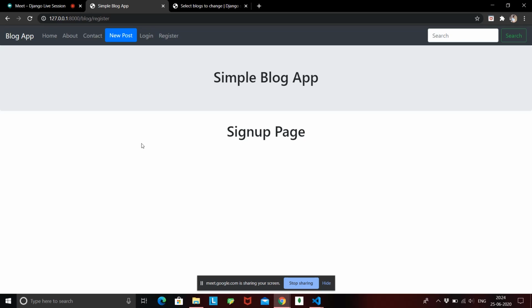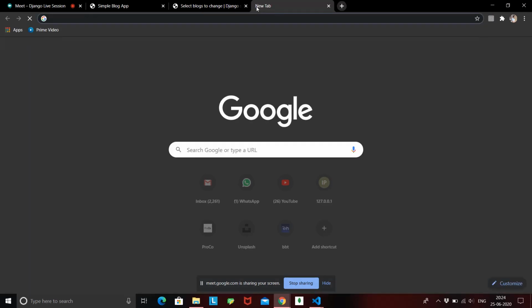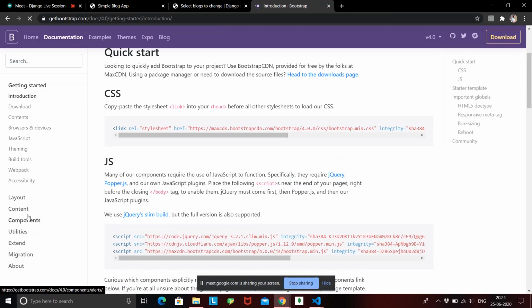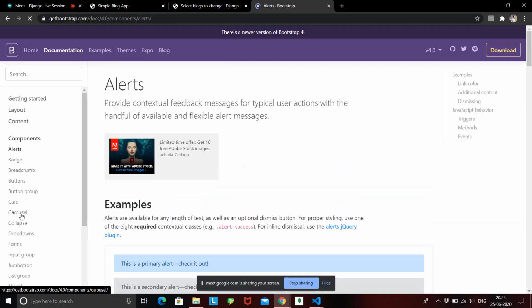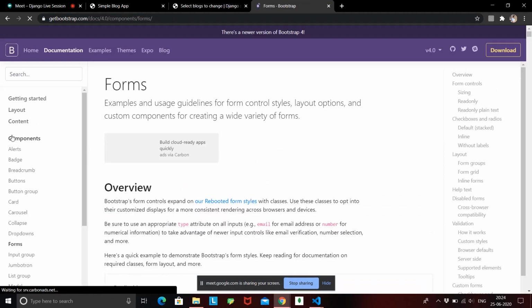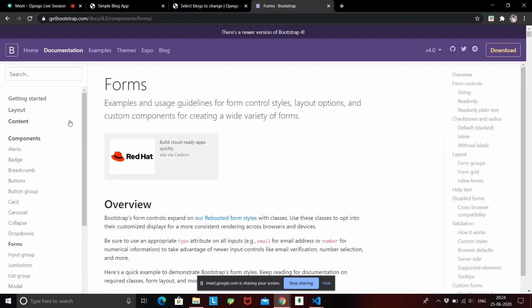So we are going to create a form, and to create a form we'll again use Bootstrap. So let's go to the Bootstrap website. Here in the components you will see forms. We have used forms earlier to create the input form for the blog. Now we are going to create a form in order to take sign up data from the user.